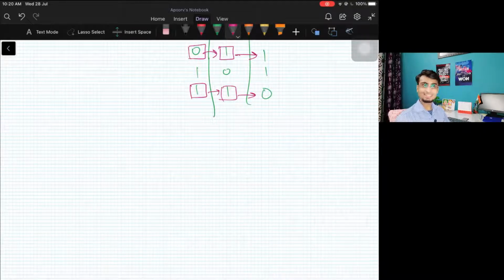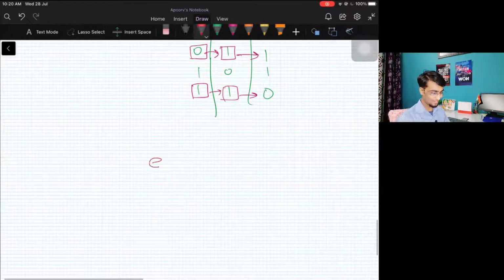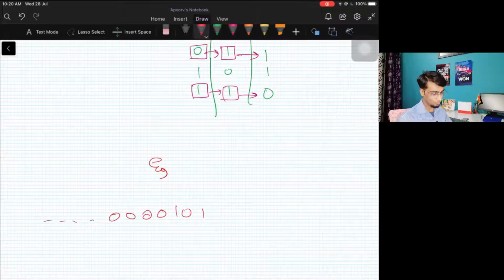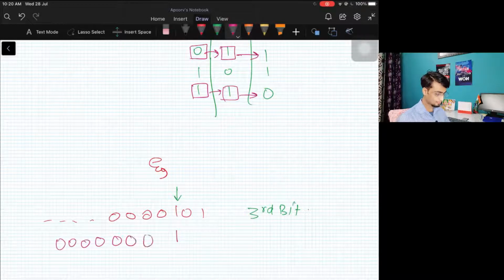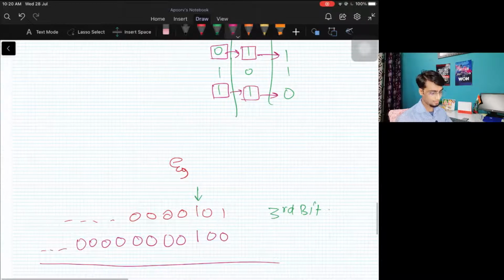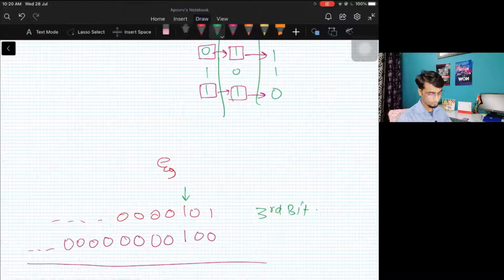So how do we do that? It's very simple. Let's say we take this traditional example we are taking for so long. Let's take it as 5, right? And we want to flip this bit. This is nothing but the third bit. So what we learned was, we place a 1 over here, rest all would be zeros, right? Since we are dealing with a 32-bit integer, and simply what we do is, we do XOR.